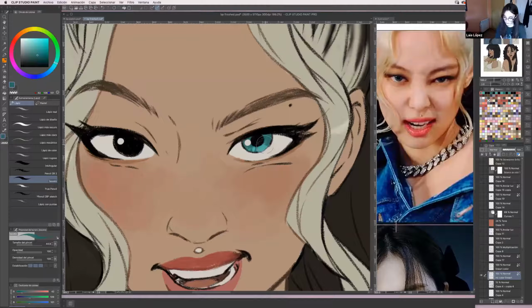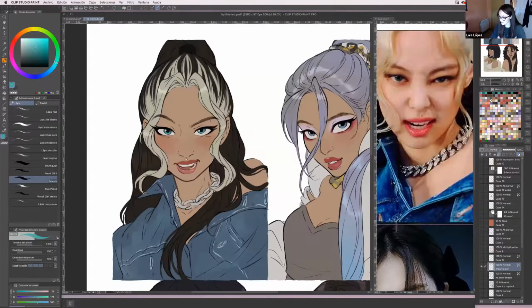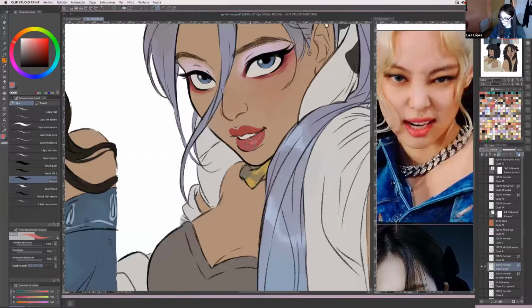Yes, I like it. And basically the same thing with all of them, and I'm gonna show you the actual line art layer. Now, as you can see, all of them have their eyes colored. I even added some highlight on their lips, like some shiny stuff. I don't usually do it, but in this case, I really liked how it looked. I just chose a lighter color than the base color and did some lines like this. And once you zoom out, it looks nice.